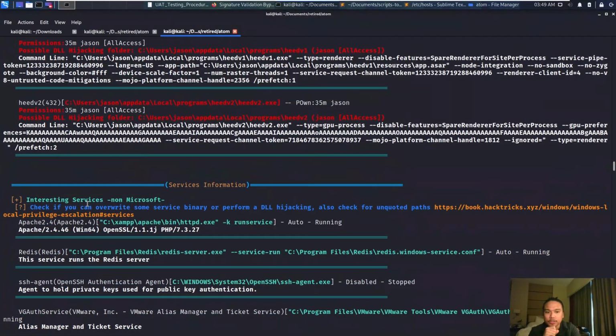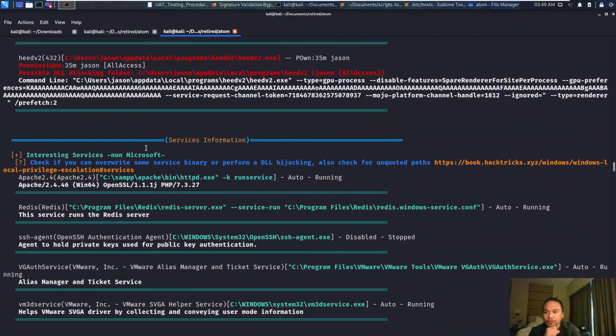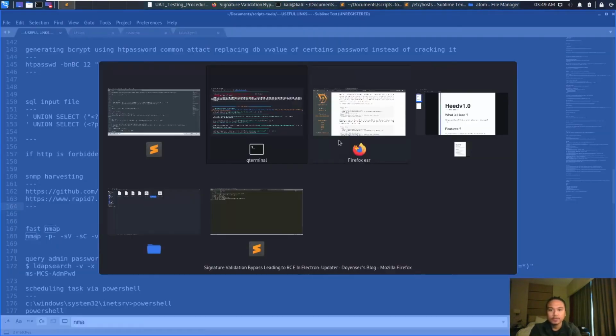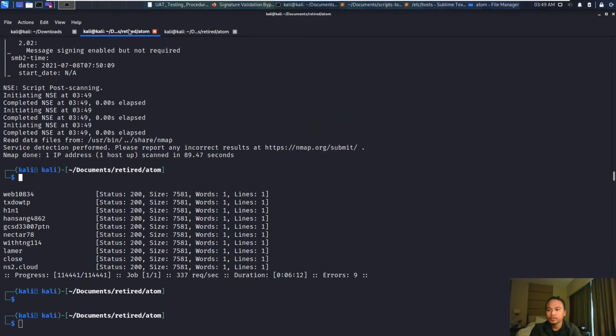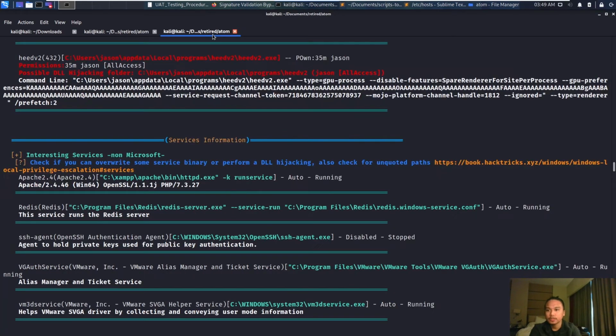Yep, this one. This is actually what will give you information. So these are the services that are auto run. So you see, we know that this is running redis-server.exe, but if you go here, hold on, let's just